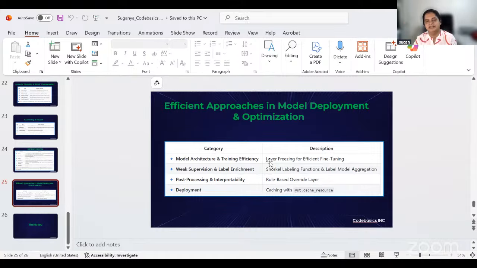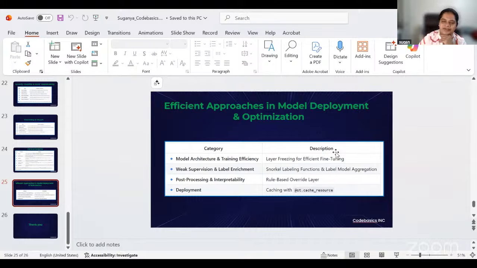For 10K samples or maybe even 20K, it went up to one hour or so. I found layer freezing to be very efficient for fine-tuning work. This is not parameter-efficient fine-tuning, I just froze the layers. No, I didn't do LoRA or anything here.